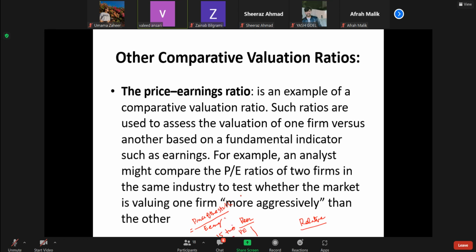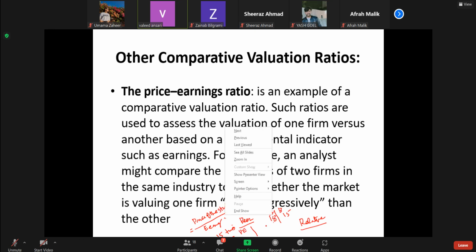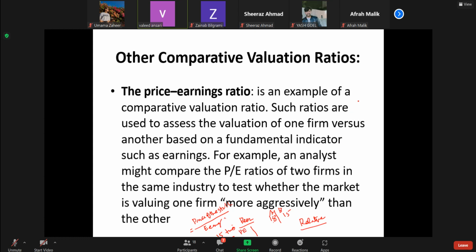Now, if there are two firms in the same industry, similar firms, and one has got a PE of 18 and another has got 15, then company A is valued more aggressively than B. So it can provide an idea, if they have similar characteristics or are similar firms, whether their PE ratios should be almost similar, for comparison, one can have an idea about. The PE ratio is one of the most important methods for the valuation of companies. In some cases, what happens is that you do not have any history of dividend, for example,